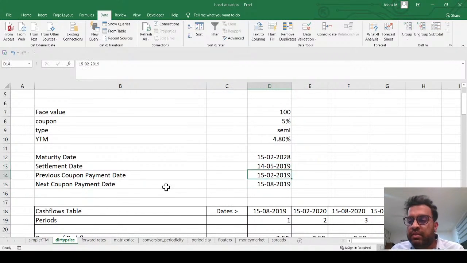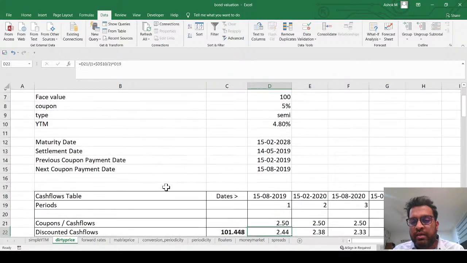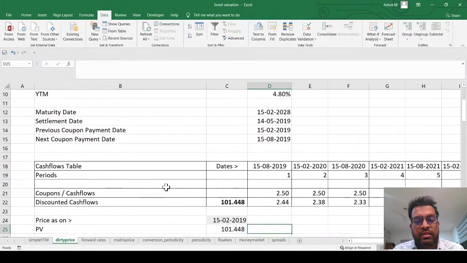By the way, dirty price, clean price, etc. are part of your IBBI syllabus. So that's why I'm doing this. Now we'll take the cash flow table. Now the thing is, at what point should you calculate the cash flows? You should take the next coupon date, the forthcoming coupon date, and then it's better to put down all